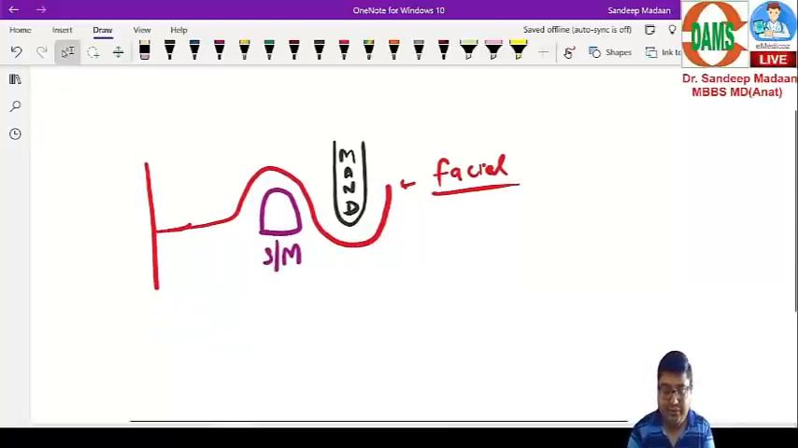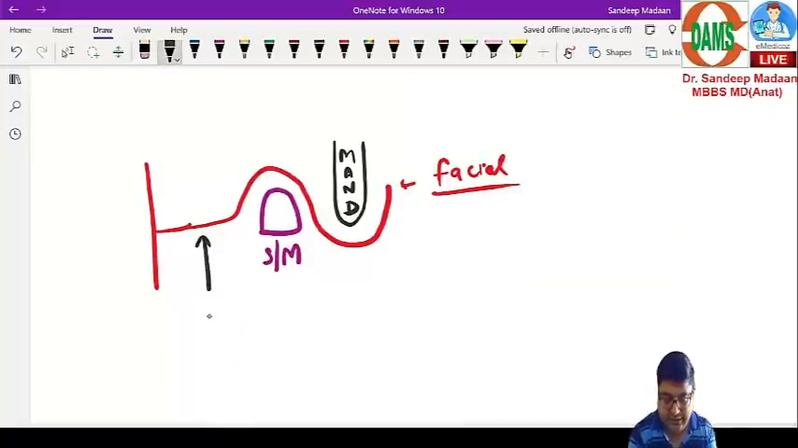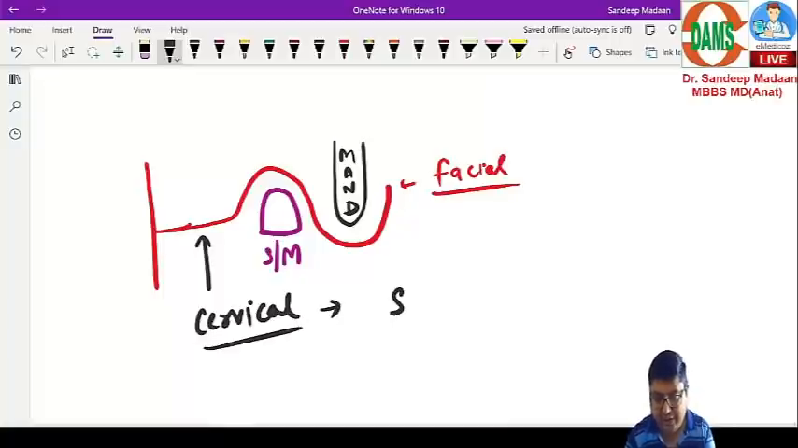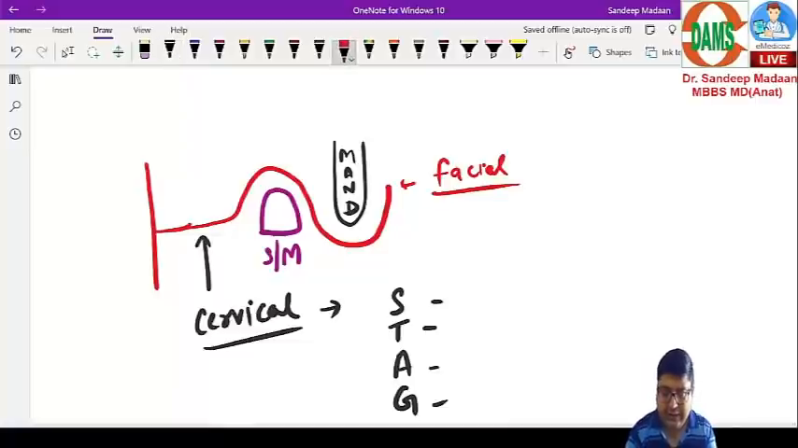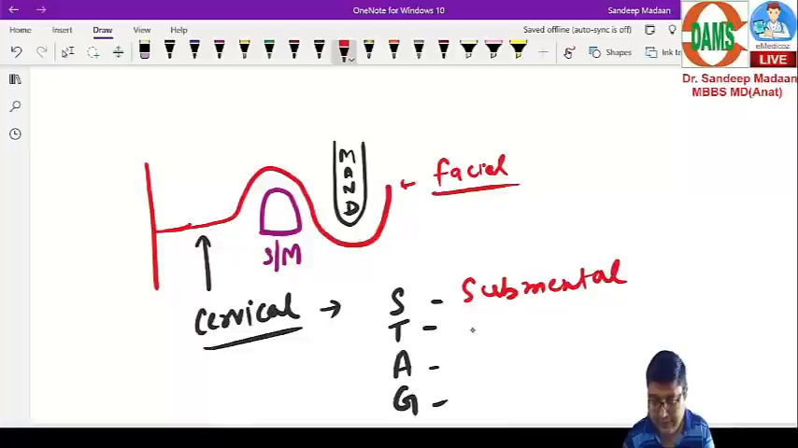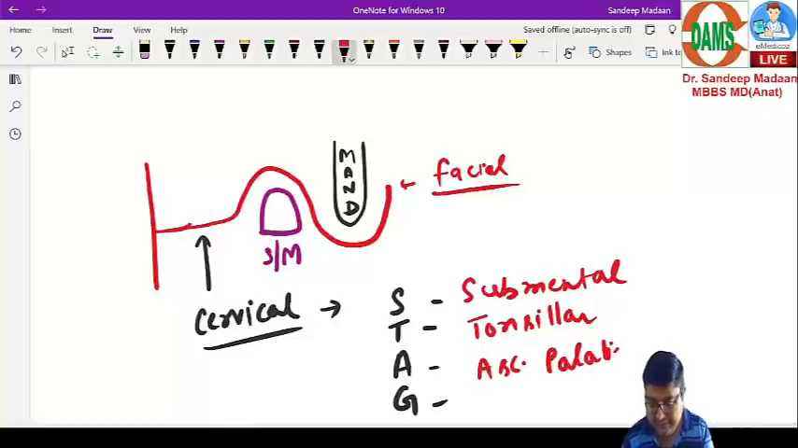But what about the cervical part? The cervical part is going to give these branches. The cervical part will give certain branches which can be remembered by the mnemonic STAG. What is STAG? S is submental artery, T is tonsillar branch, A is ascending palatine artery, and G is glandular artery